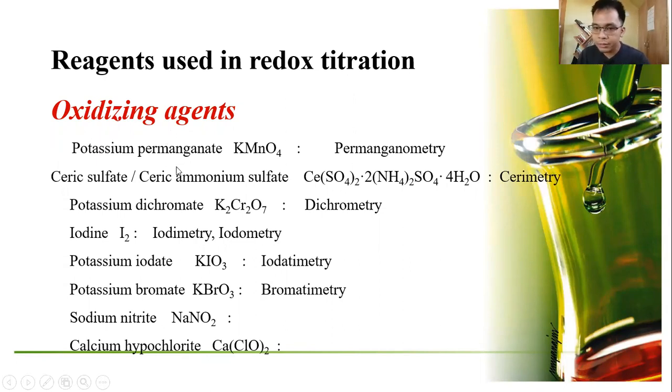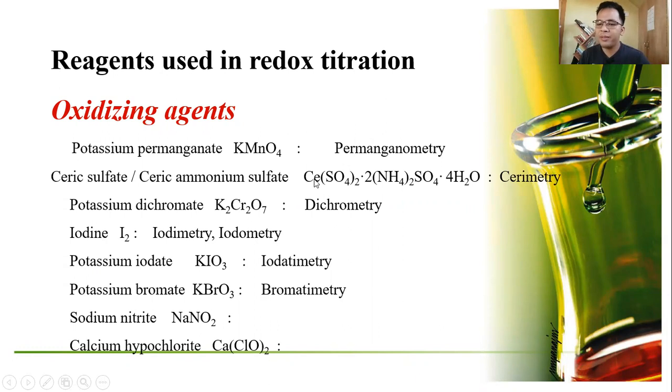So we're done with the reducing agents. Let's go to the oxidizing agents. So there are 7 oxidizing agents used in our redox titration. And those are potassium permanganate, potassium dichromate, iodine, potassium iodate, potassium bromate, sodium nitrate, and calcium hypochlorite. Okay. We'll go through them one by one up to here in